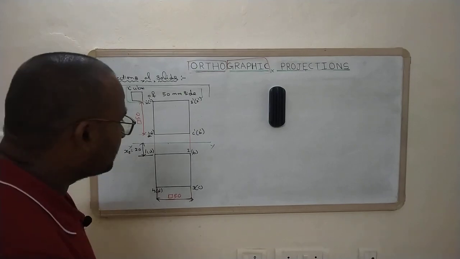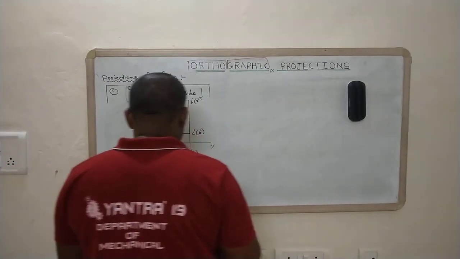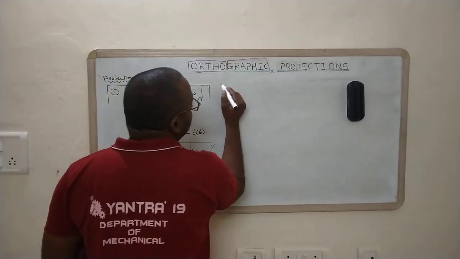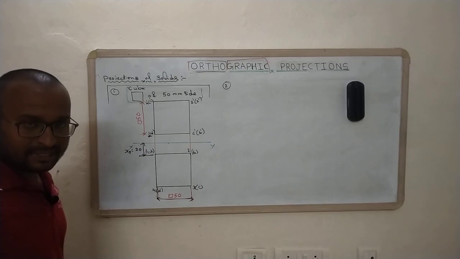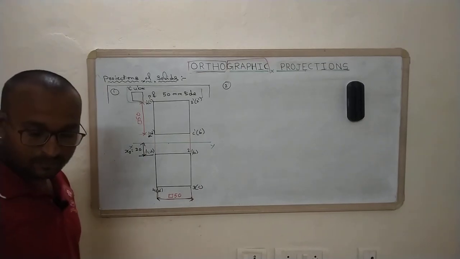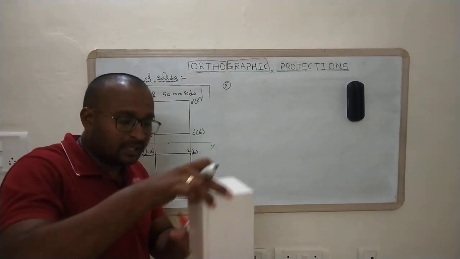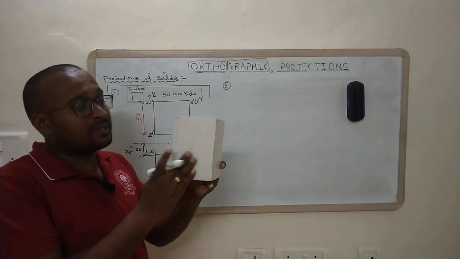So next, coming to the next problem. Here this is the simple cube problem. Now we will move on to some kind of rectangular prism. For example, if it is a rectangular prism, we will go for the square prism. We have a square prism with us.